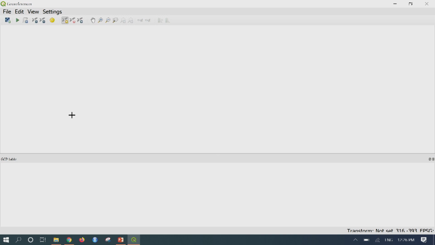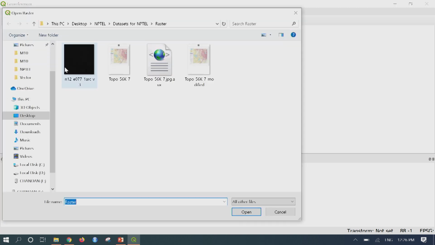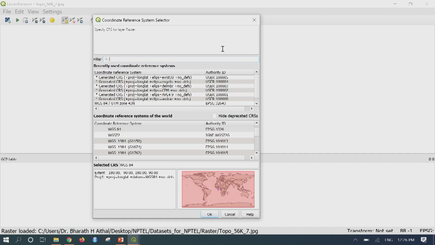Now let us see how I bring a plain JPEG image into this georeferencer tool. Go to file and say open raster. Here it will navigate you to the local directory. In the data provided to you, raster, I will choose topo56K7, this is a plain JPEG image, and then say open. Again it is asking for the coordinate reference system selector.